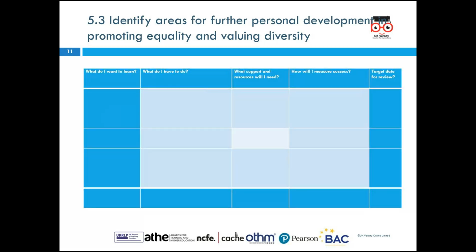Yeah, brilliant. So on your personal development one, you'd have a section where you'd say, what do you want to learn? So you could put down this course that you're doing now. What do you have to do? You'd attend classes, carry out your assignments and get them marked. What support and resources will that need? You'd say your tutor, your assessor feedback, and live lessons. Then you put down, how will I measure success? You could put something down like when I get my feedback on my assignments or when I receive my certificate, and then you put down a date. Then after you've completed this, what is your next step, and so on. So you can just have a few points on here.